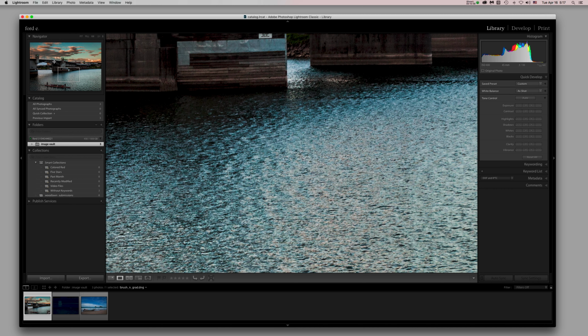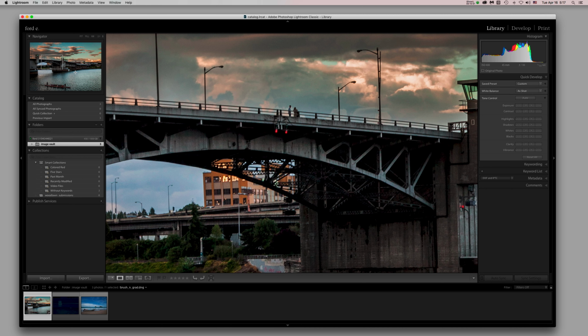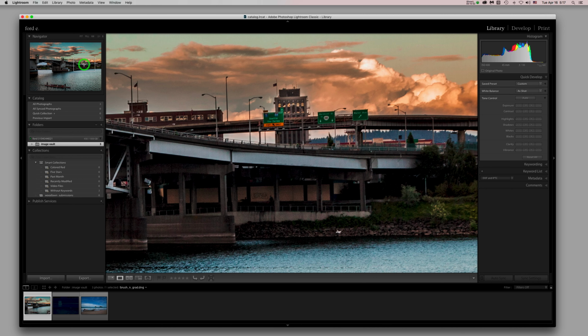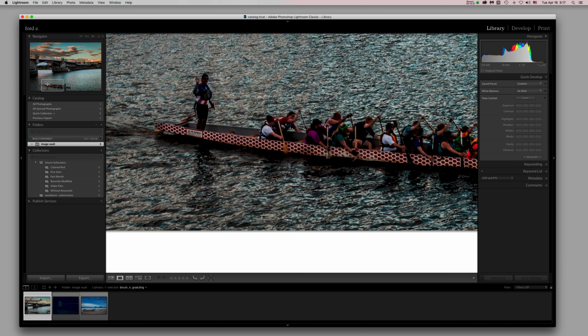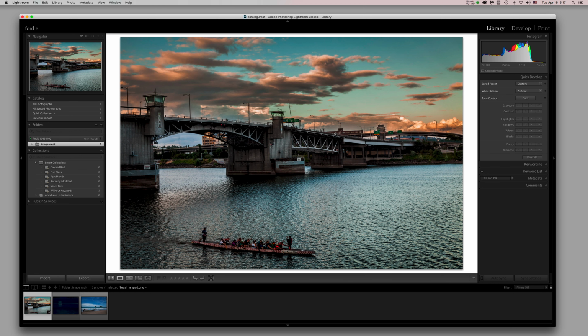Don't be afraid. What I'm doing now is clicking inside the navigator, which jumps to a one-to-one view, and I can quickly go to different areas. Look, the person saw me taking the picture, so they're waving. Or maybe they saw a friend and they're not really waving at me. So that's the image. If I want to see another image large, all I have to do is come